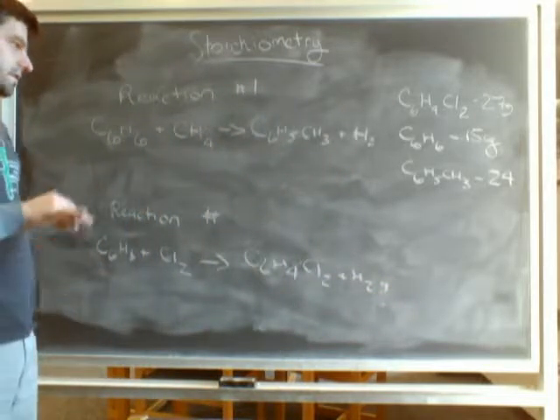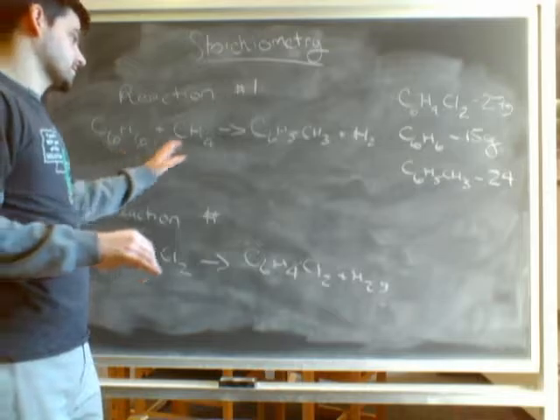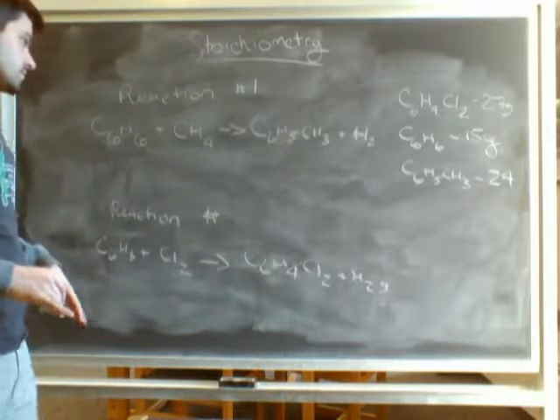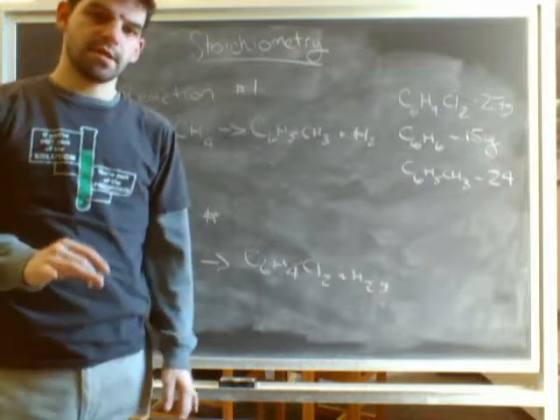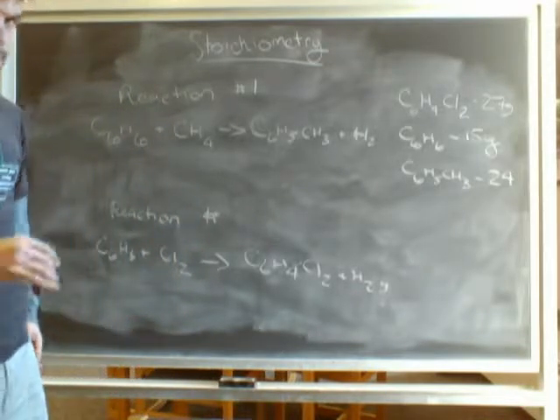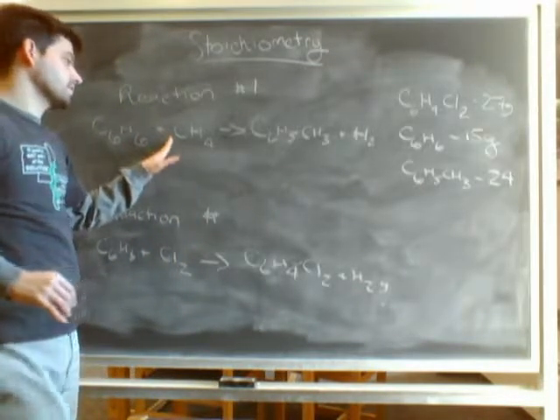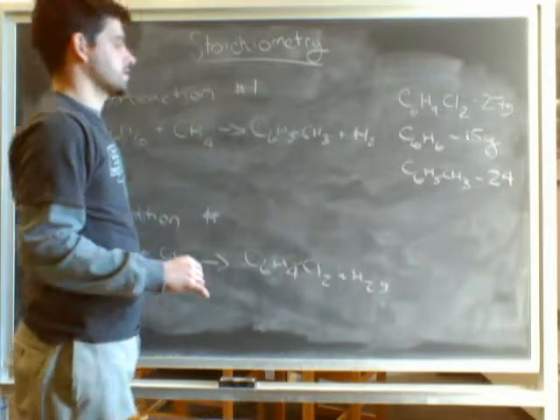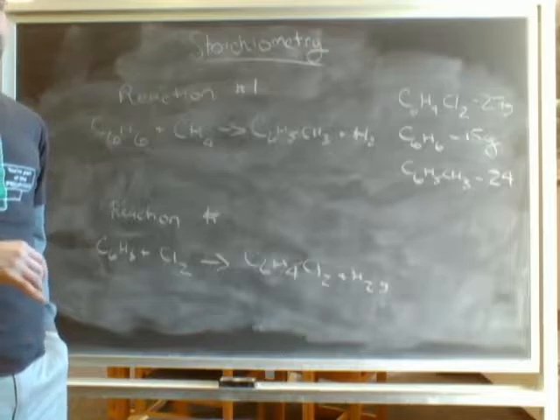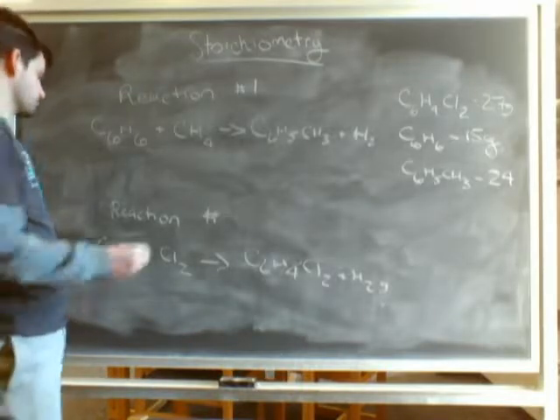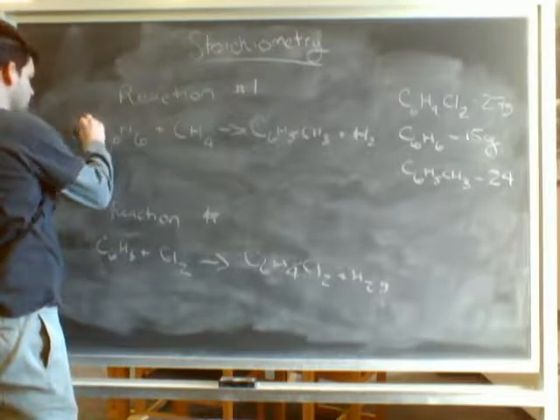Now, what I want you guys to notice in these reactions is the numbers that indicate the stoichiometric coefficients are not present. The reason for this is when there's no number here in front of the reaction compound, we can assume that the amount of moles is 1. So, illustrating that,